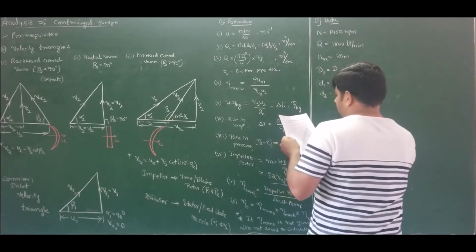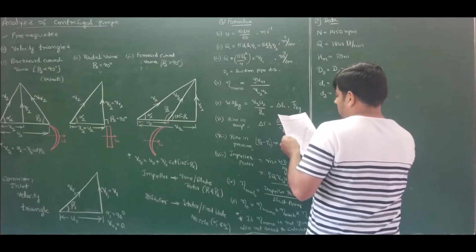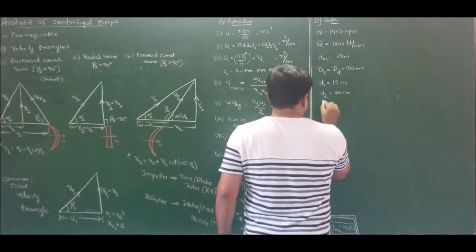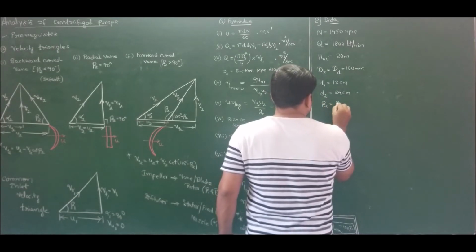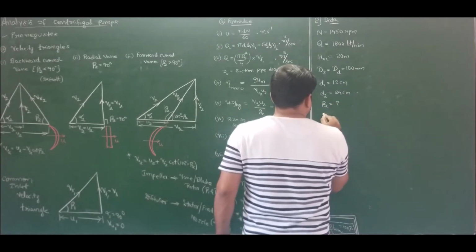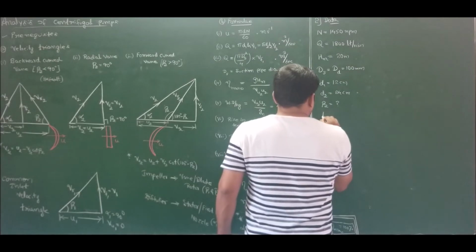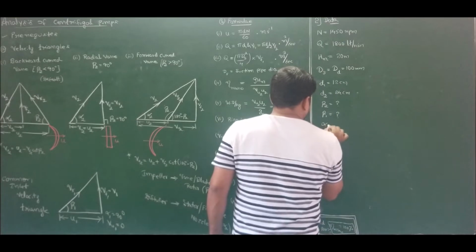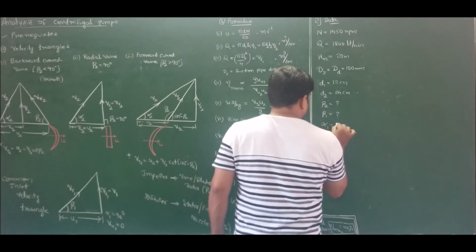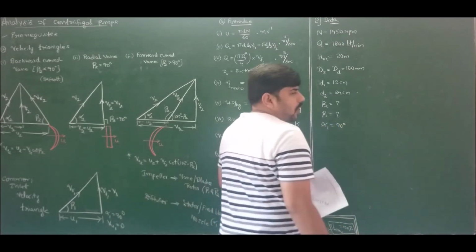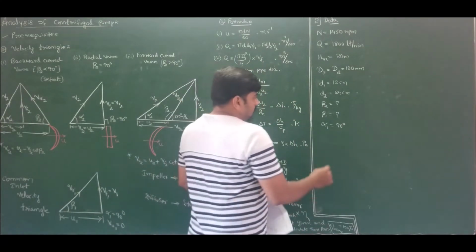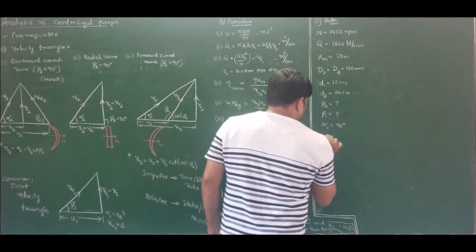respectively. Determine the blade angles for radial entry. He is asking to find the value of beta 2 for radial entry, beta 1 blade angles. Entry is radial, so therefore alpha 1 is equal to 90 degree. It is obvious for centrifugal pump always water enters radially, and he is also stating neglect losses.